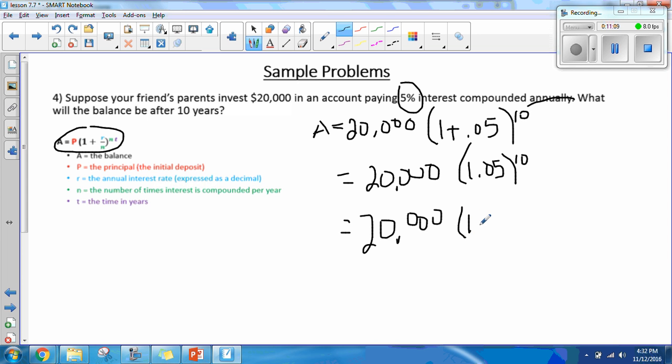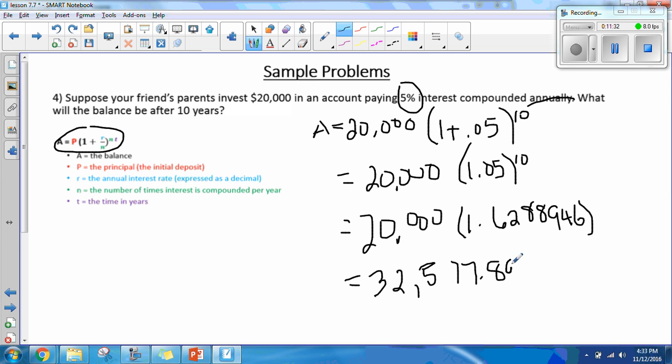And rounded, it's going to be 1.6288946. And when we multiply that by 20,000, we will get $32,577.89. So that is how much you will have in your account after 10 years